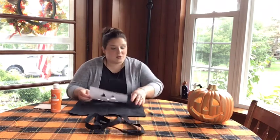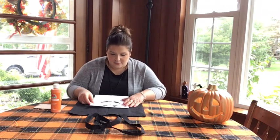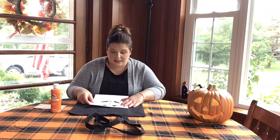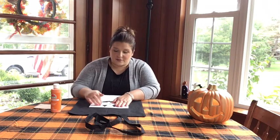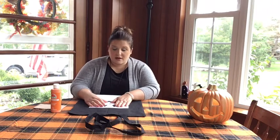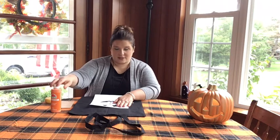And then take your stencil and center it in the middle of your bag or wherever you would like your pumpkin face to be. And then you can tape this down. The face is on a piece of cardstock, which makes it a little sturdier. So you can tape it to the bag if you wish, or you can just hold it down as you stencil. So I'm going to take my piece of scrap cardboard,